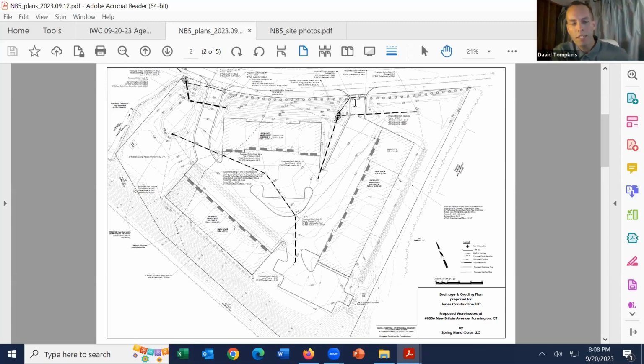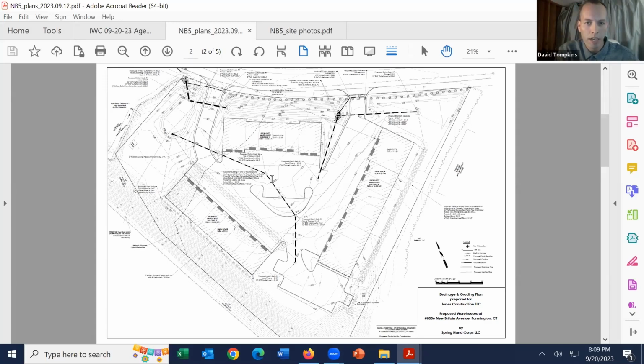And then in the parking lot area, in the central area of the site, it's mostly drained by the catch basins. And the catch basins have hooded outlets, and they discharge into the basins there, which allow for settlement of suspended